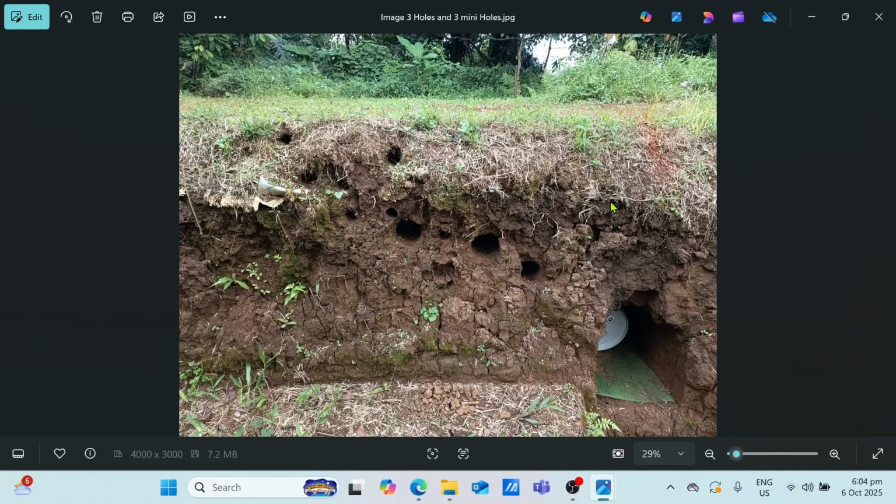Okay, just to add, so this is the first hole, and on the top left we have 3 small holes of the same size. 1, 2, 3.